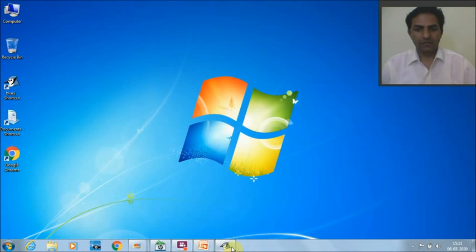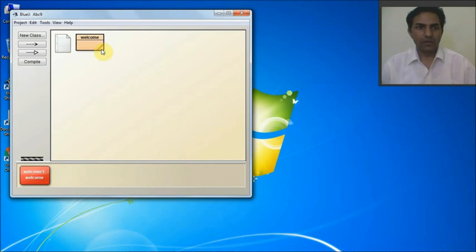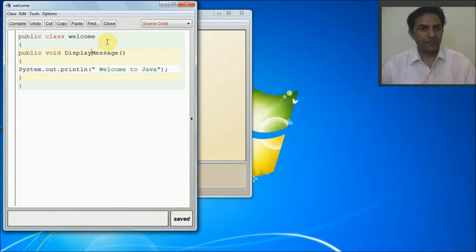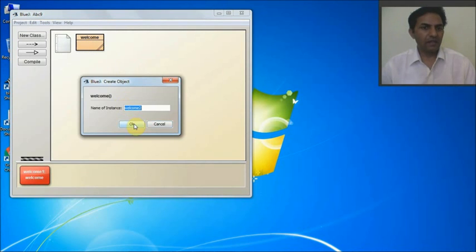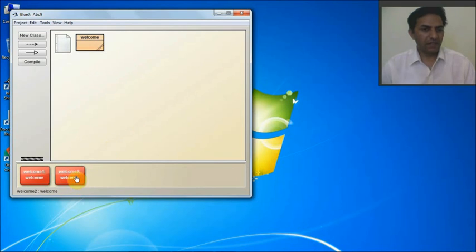Now you just find out or take out your program. This is your program. Just now we have learned how to edit a program. After that we have learned how to compile the program. After that we have learned to make an object. On that, right click, new object, and it will show another object here. Every time you create an object, it will create a new object for your program to run.